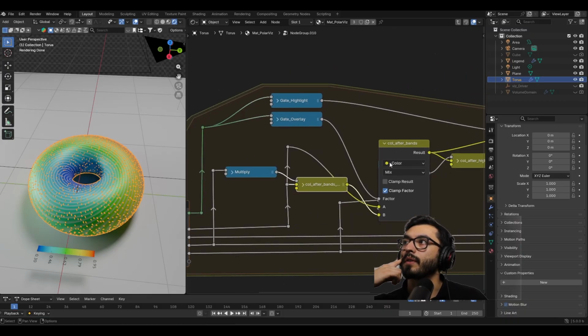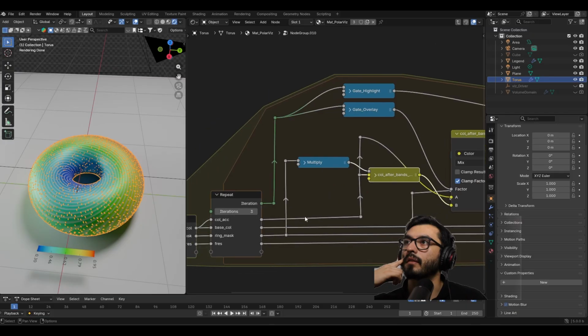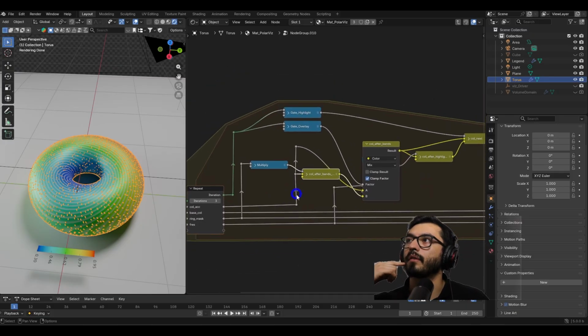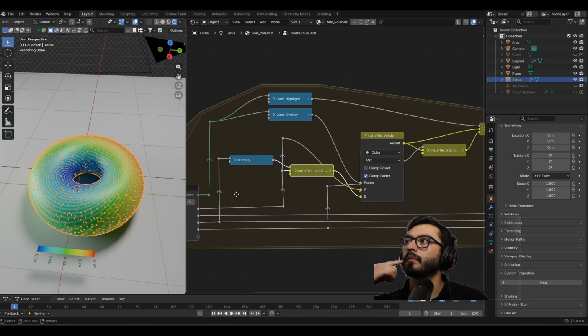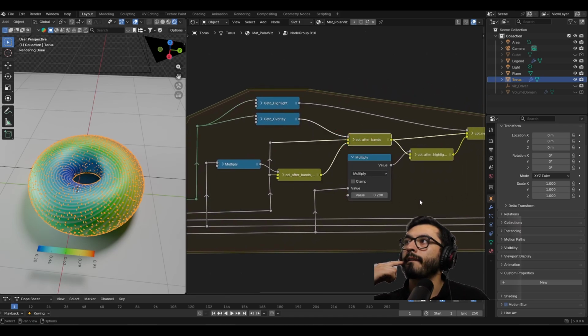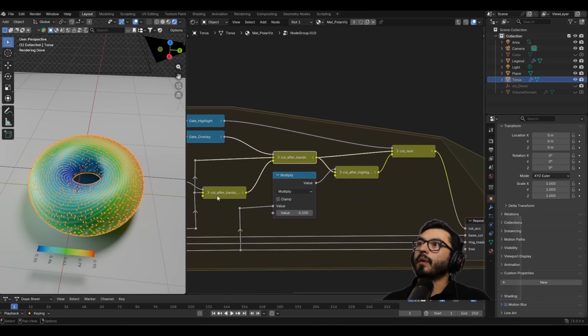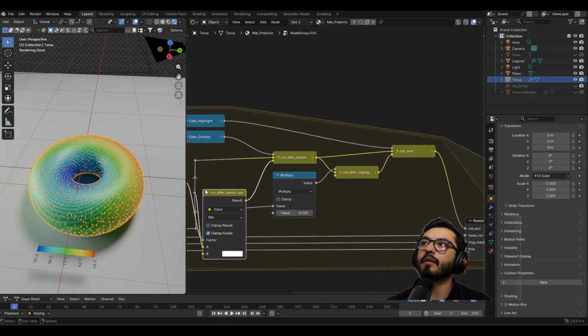So we will have first color, and the next pass from the repeat, we will combine it with what we are entering here as an input of the ring mask multiplied by 0.5. Then in the next, we will have named this color after bands, which is the color that is coming from the bands, and then we mix the color from the bands with the base color on the next